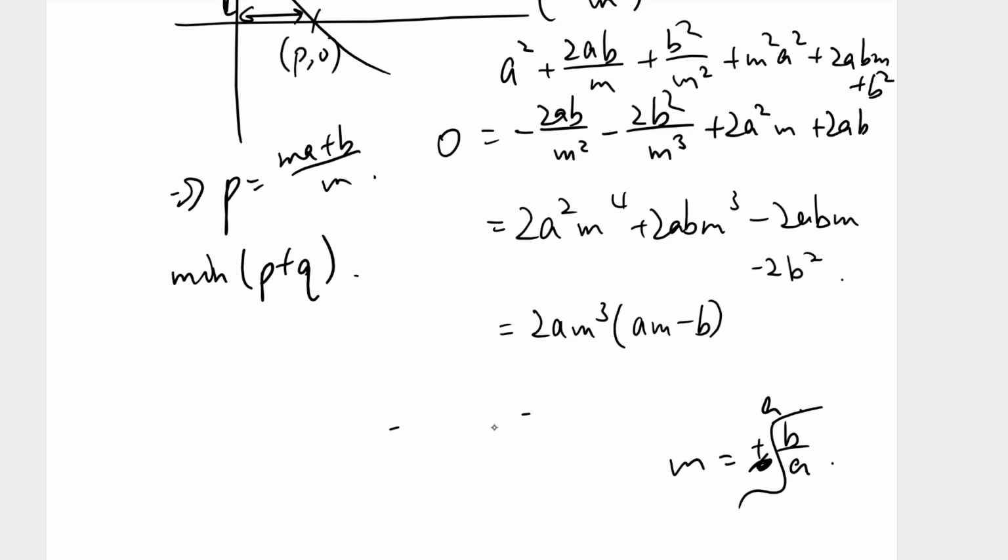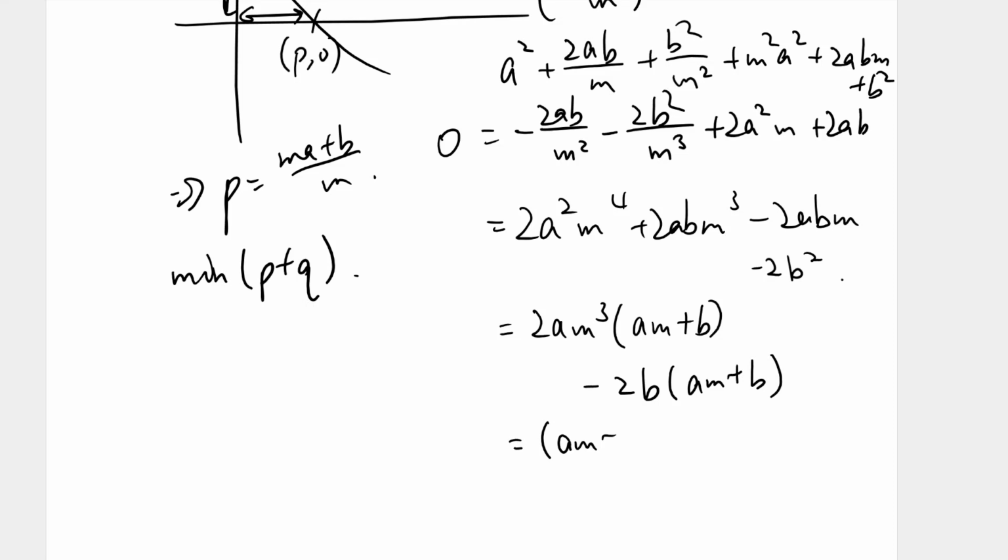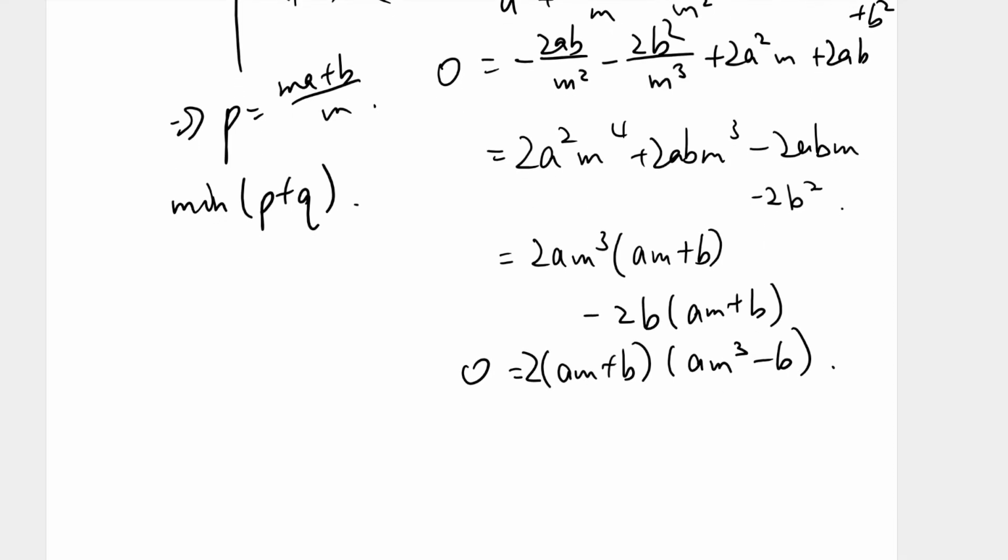This is a good factorization technique: do it 2 by 2. Whenever you have 4 terms, always think if you can do it 2 by 2. I suppose that should be a plus. Minus 2B this time: minus 2B(AM plus B). Lovely. AM plus B is common, so (AM plus B), and then take the 2 in front: 2(AM cubed minus B). Fine. So now I have M equals minus B over A,